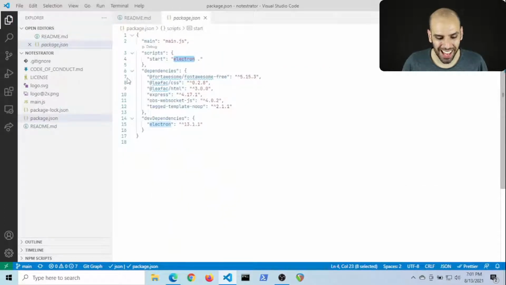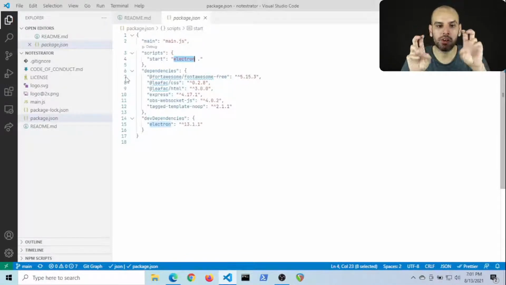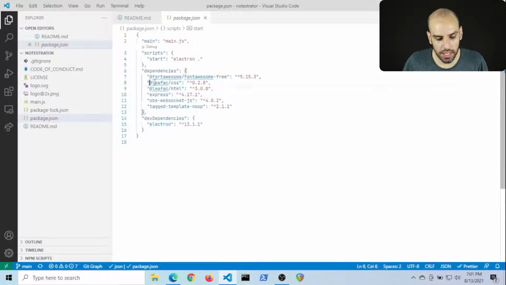So for now, we have this huge hack to develop the front-end parts, the HTML part of the app, using these dependencies. And then we're feeding that HTML into the Electron app using a data URI. So it's a huge hack. We have to get rid of this for two reasons. First, it slows down the startup of the app because you have to compile the CSS and HTML when you're starting up. But also, it makes the app bigger. The bundle size is bigger.